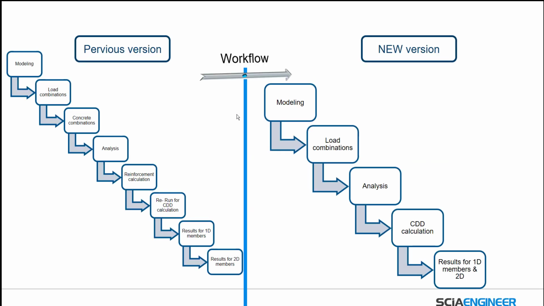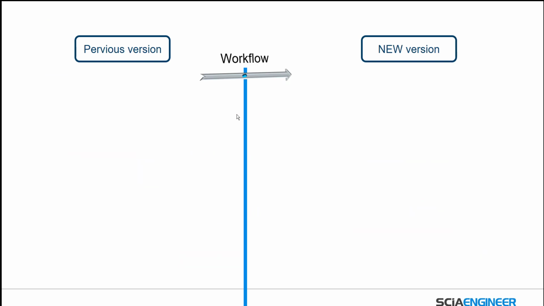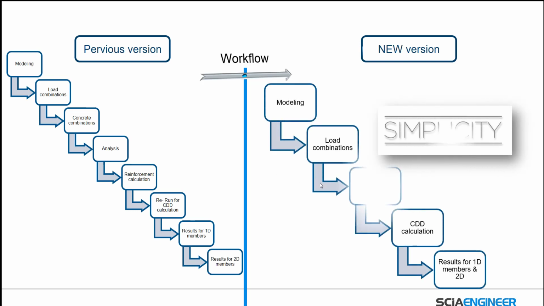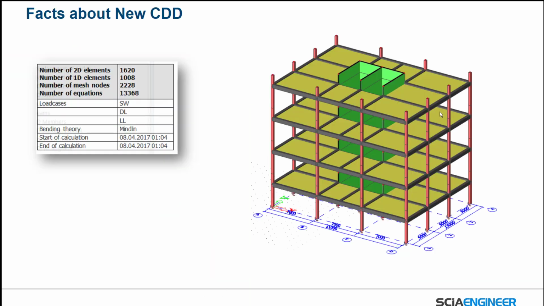As I mentioned, for the calculation of punching, I tried to make a comparison between the old one and the new one. I did the same here, and within the improvement that we did from the automation point of view, you can save a lot of time. I have this structure,